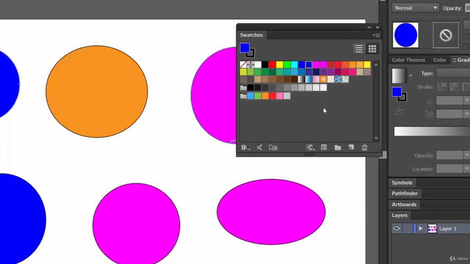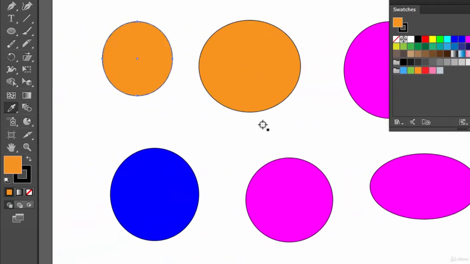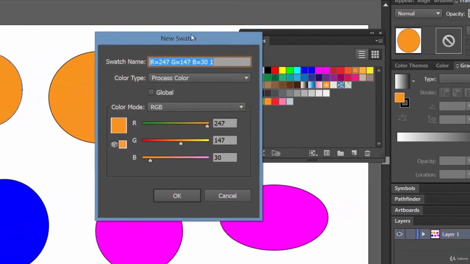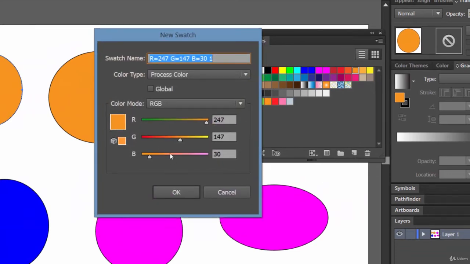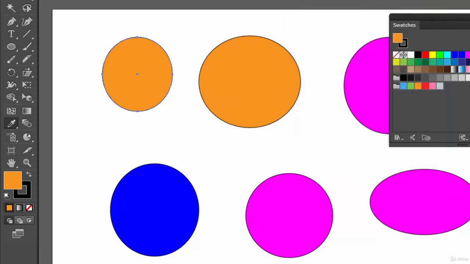So why only this color? Let's select this color. And now again try to add another swatch. Now why is it selecting this color? You know why? Because here inside this color picker, this color is selected. That's why.